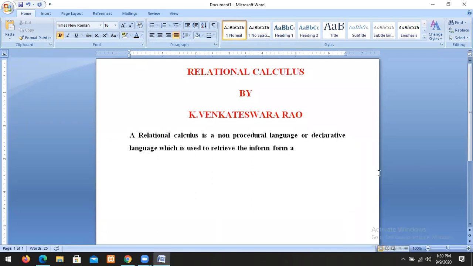A relational calculus is a non-procedural language. Actually, there are two types: procedural and non-procedural languages. In procedural languages, you need to write the code to perform any operation. For example, C is a procedural language.